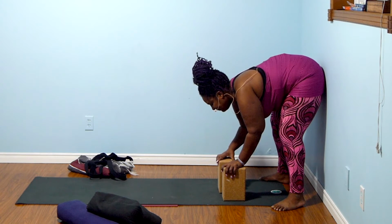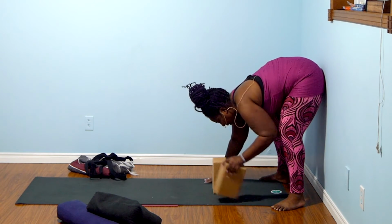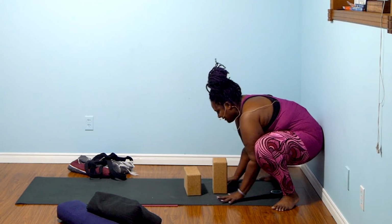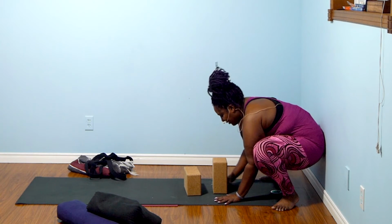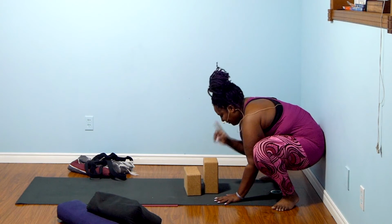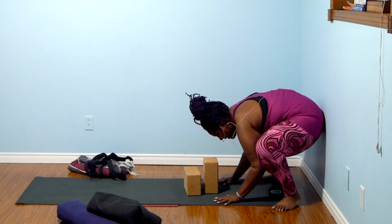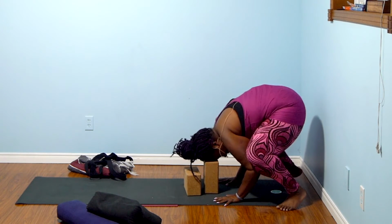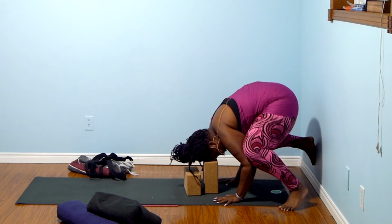And then I put my block just about underneath my forehead here, and I'm going to scoot down, bring my hands fully engaged on the mat, almost like chaturanga. I'll play with putting the block, like when I look at the block, it's just ahead of my face. Then I'm going to lean forward, put my forehead on the block, and then bring one leg up the wall,